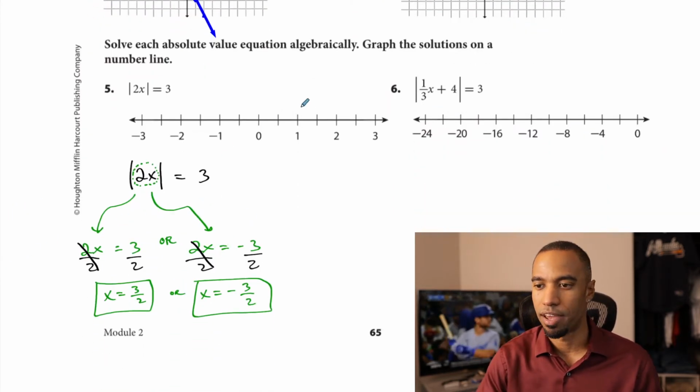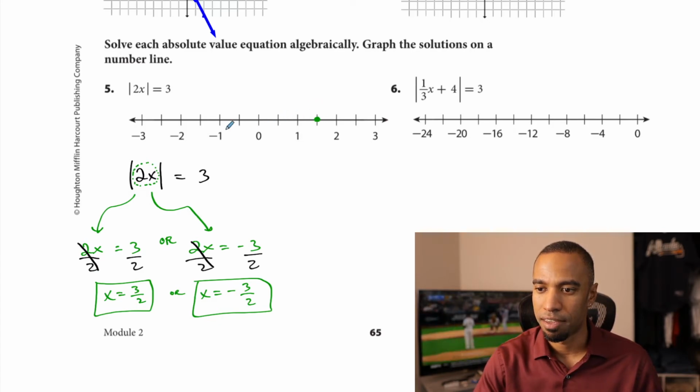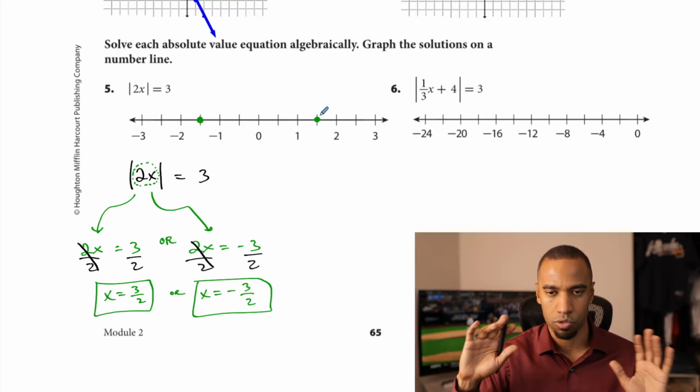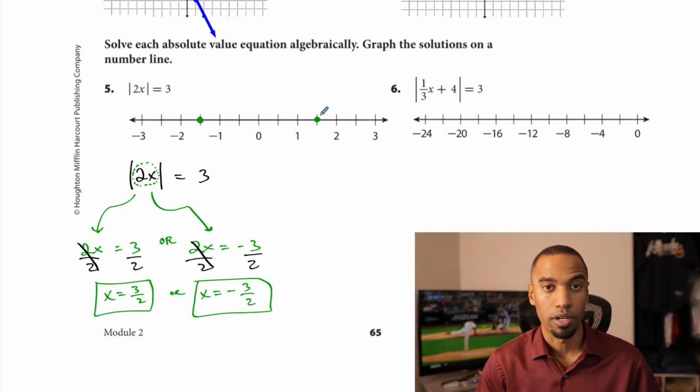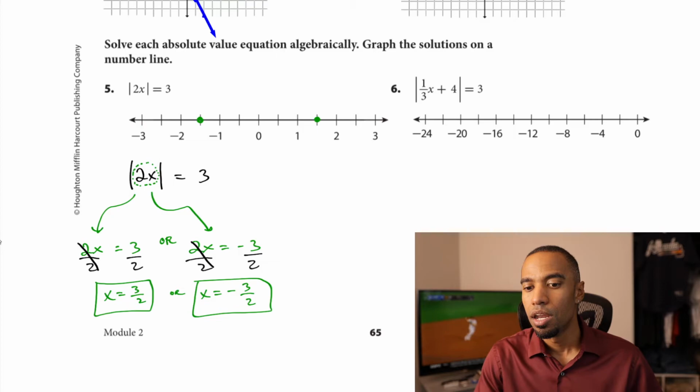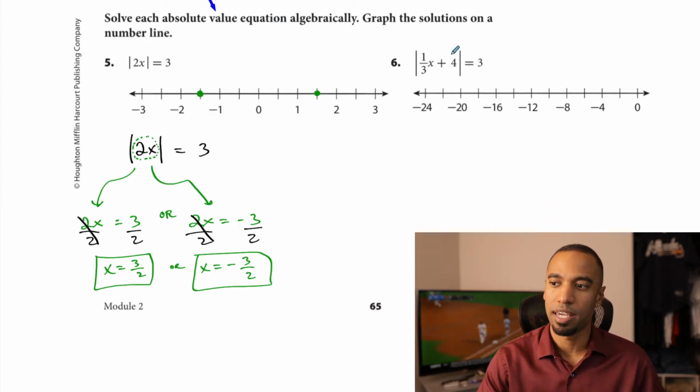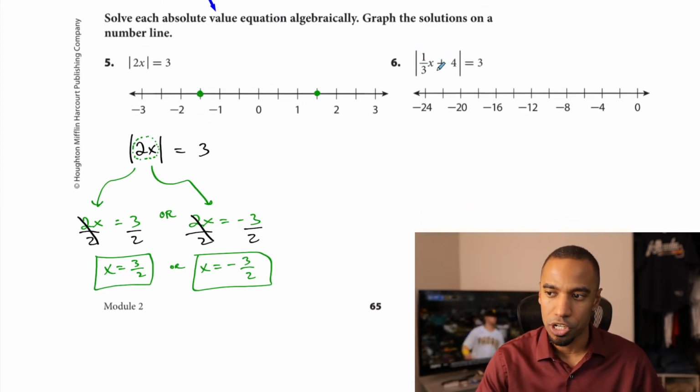Here's the number line where we're finding those x's, 1.5, negative 1.5. We just plot the points. There's no arrows or anything. Those are the only two values x can be. We're good. All right, number 6 gets a little bit deeper with this because now we have a larger expression